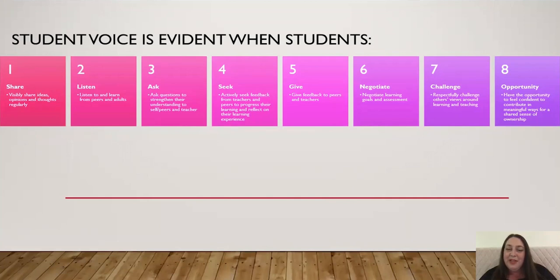The teacher will be looking at differentiation when you're using a surface to deep success criteria, but they will know where they sit within that. However, they'll still be challenging themselves and others respectfully. But most important, they have an opportunity to feel confident and to contribute in such a meaningful way, and have this shared sense of ownership. But the teacher really directs that learning, not students taking over that. So we don't want to go too far with that.